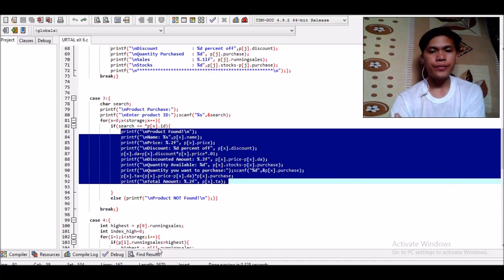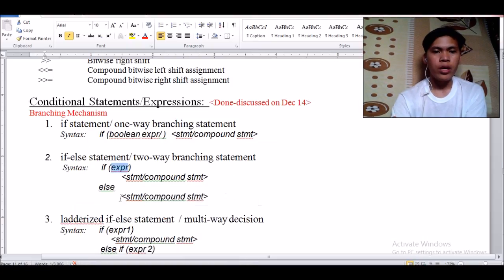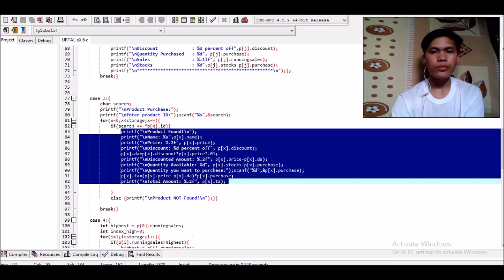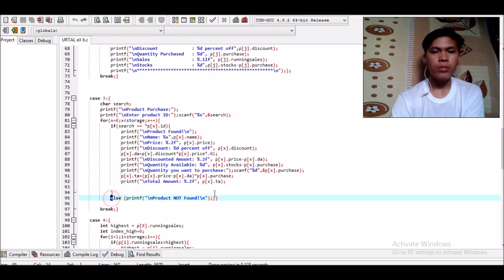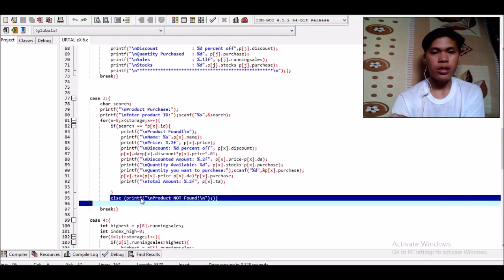Otherwise, or else, if the product ID was not searched or found, then this statement will be executed. So it will display on screen that the product ID was not found. That's the time that this case will execute,